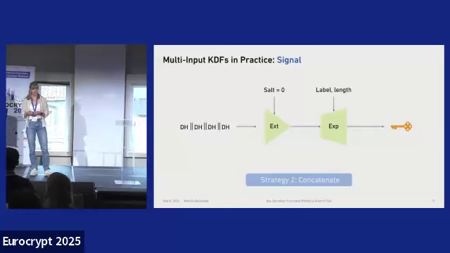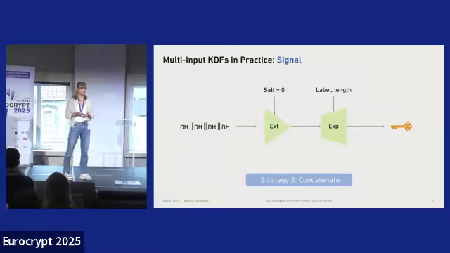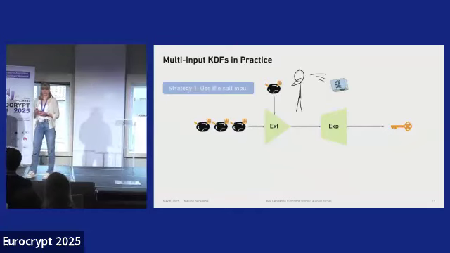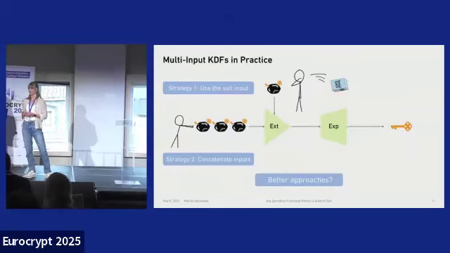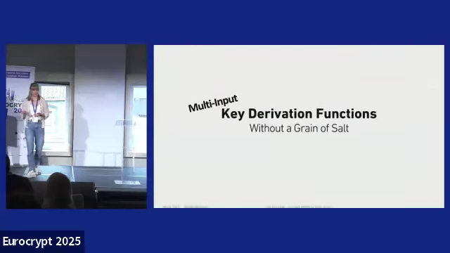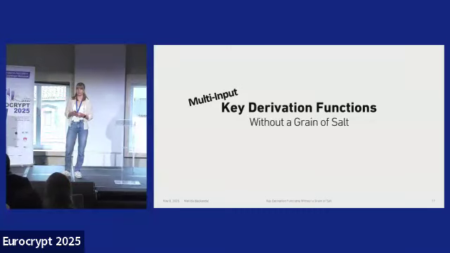Both the TLS, MLS, and Signal constructions have been analyzed inside their respective protocols, but the underlying strategies for constructing a key combiner, namely to use the salt input or to concatenate the source key material inputs, have not been analyzed because we didn't have a security notion for multi-input key derivation functions. In particular, without such a security notion, we were unable to ask if there are other potentially better approaches out there for constructing key combiners. So that's what we set out to change. In this work, we provide a new syntax for key derivation functions that support multiple inputs of source key material,